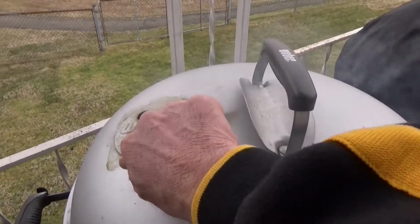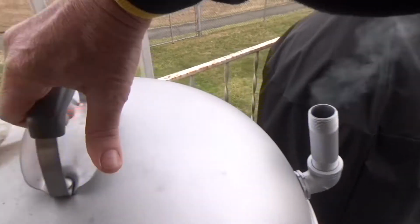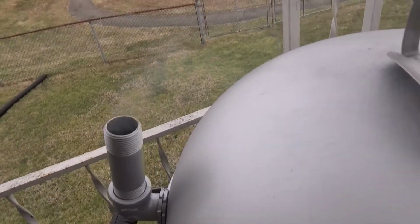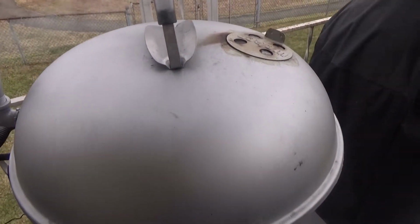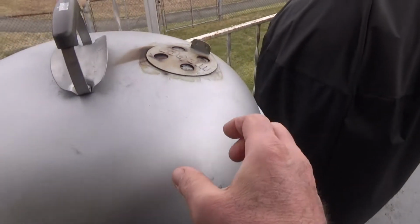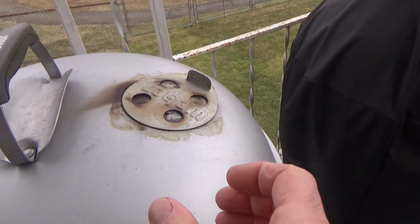Alright, so what I want to do now is close that vent, open that, and let me spin this back around. Definitely going to be a low and slow kind of charcoal basket. Having that snake set up with the partitions in there, you're only allowing a couple briquettes to be burning at one time,